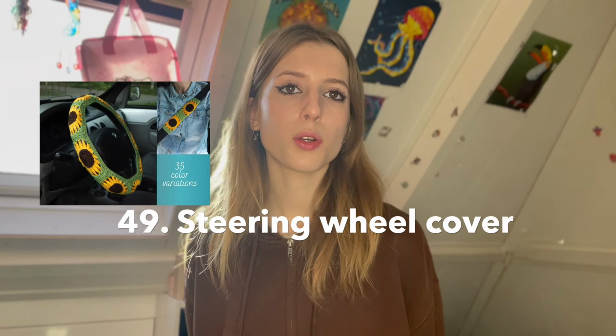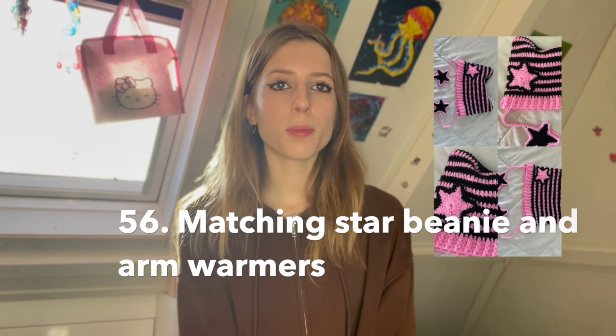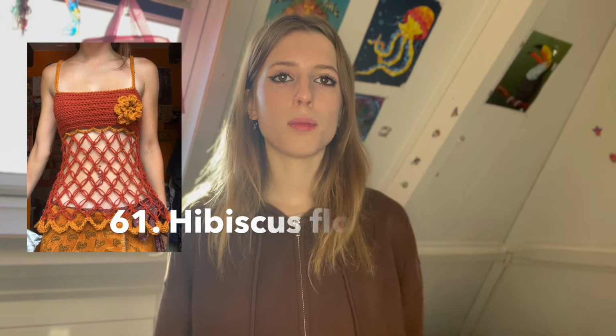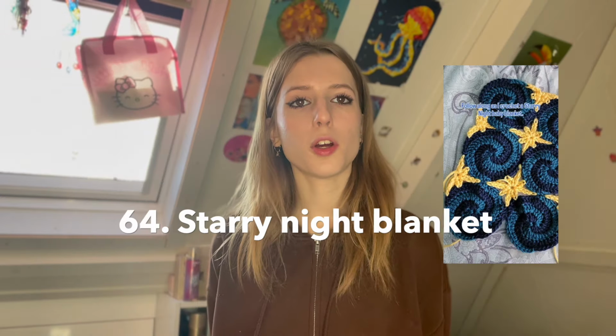rug, a steering wheel cover, a Hello Kitty beanie, a fish bag, a star rug, a piano scarf, star earmuffs, a cute dress, a matching star beanie and arm warmers, star cardigan, a halter neck tube top, a striped sweater, a stingray Kindle sleeve, a hibiscus flower top, a Spider-Man beanie, a picnic blanket, a starry night blanket, a mini